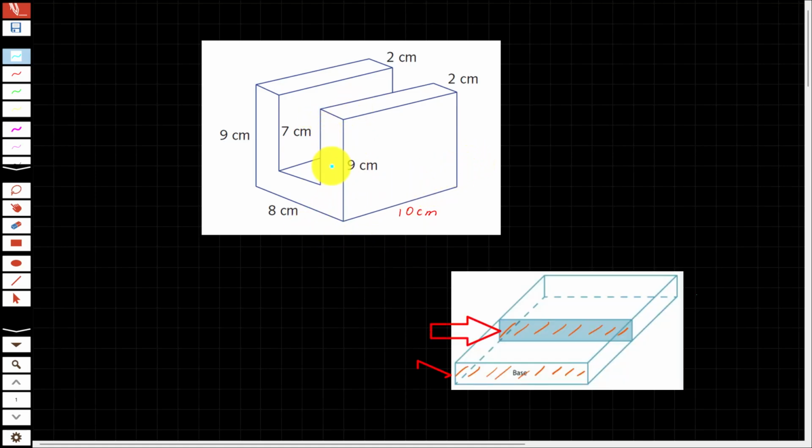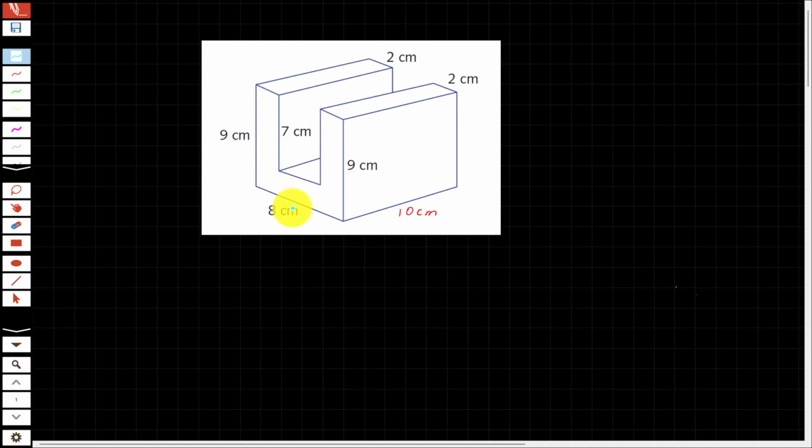So for example, if we choose this area here on the end, we need to make certain that the area is the same if we were to cut the object anywhere along the depth of that object, which is 10 centimeters. Because we have a big piece missing in the center, we need to chop this into sections. So let's chop it here,